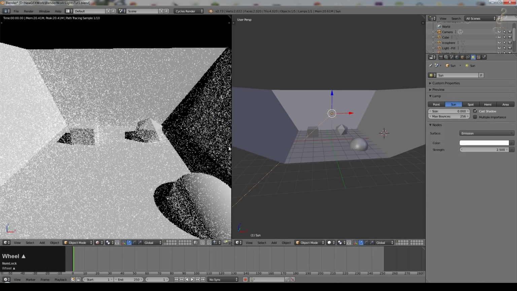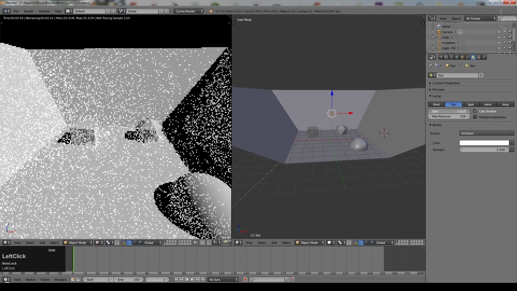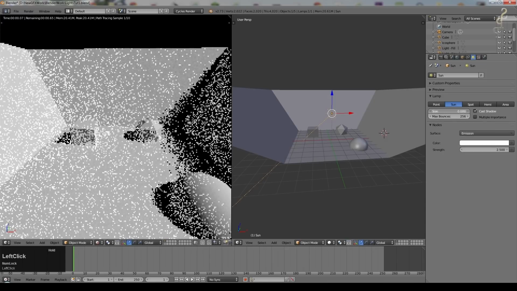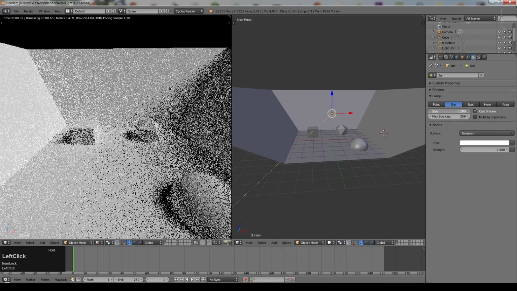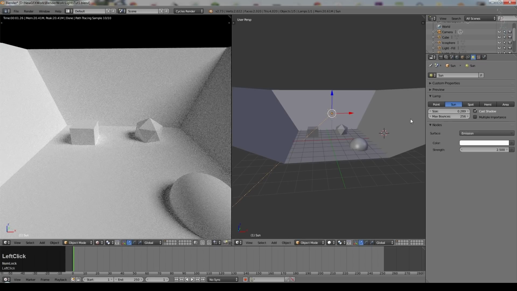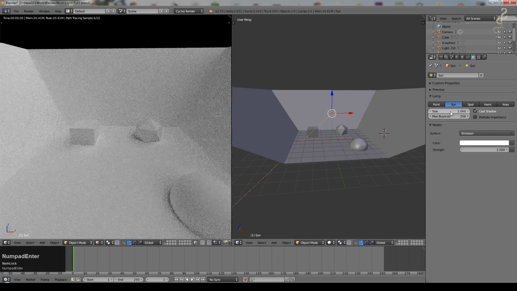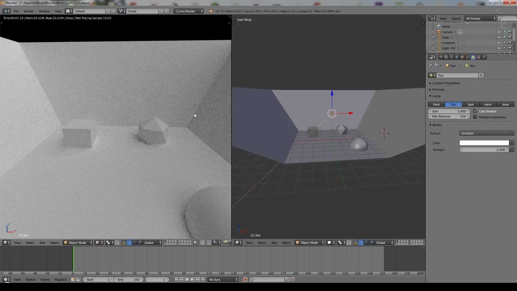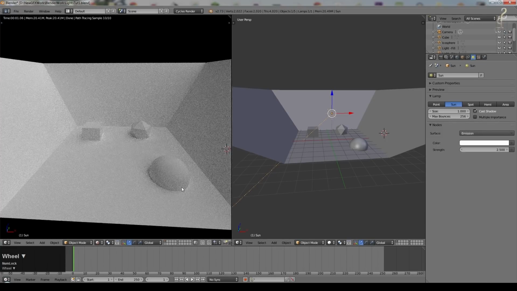And now let's play around with the size. So as I turn the size up, what you can see is the shadow becomes much softer. So you can imagine this is now becoming a slightly overcast day. There's clouds perhaps moving in front of the sun. And then as we go up to a larger value again, you can see the shadows become very soft. And if I put this up all the way to 1, we almost don't have any shadows at all. The light is almost coming from all directions. But we've still got some shadows, just not very many.